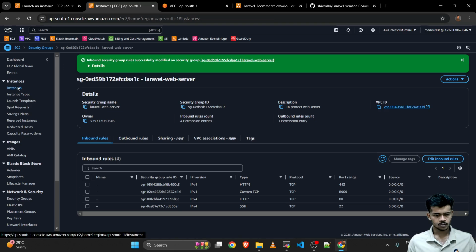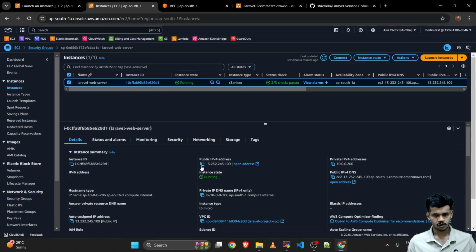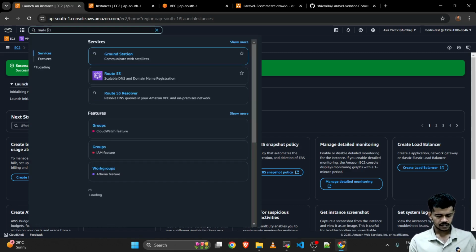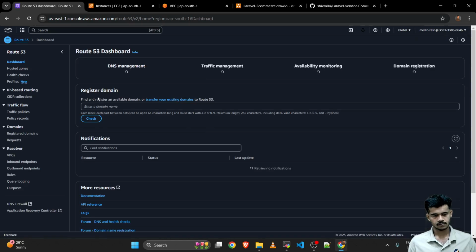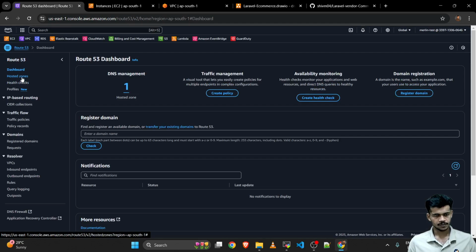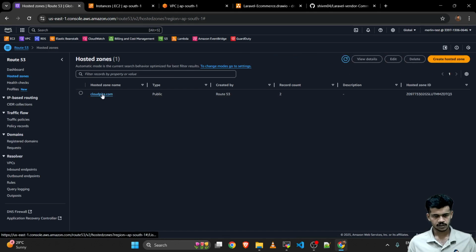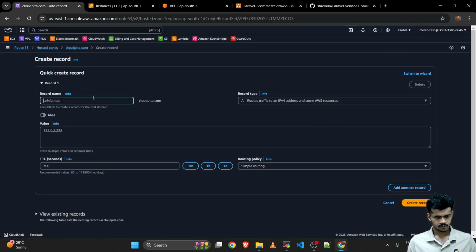Let me go to my instance. I'm going to copy the public IP address, and let's go to the Route 53 service, where I'm managing my domain name. So this is Route 53. Click on hosted zones. Here I have my domain name's hosted zone, cloudpitha.com. Click on create record and enter your subdomain, which is laravel,